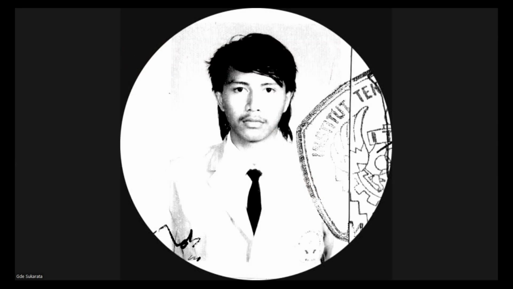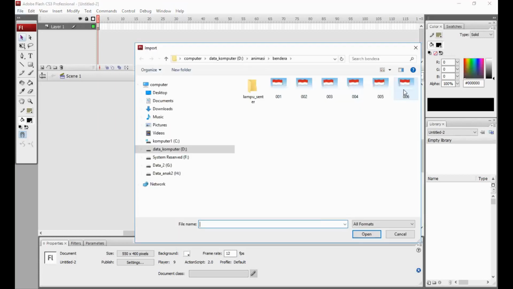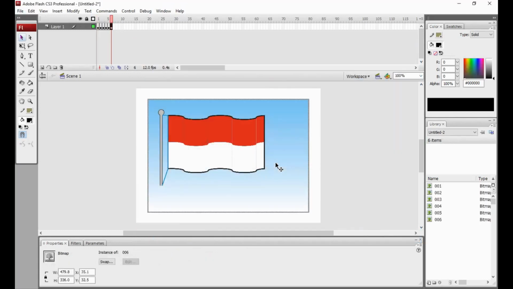Okay, I will share the Flash again. Action script 2, and then try to import to stage. Now frame number 6 is a square, right? Number 1. Okay, that's it.